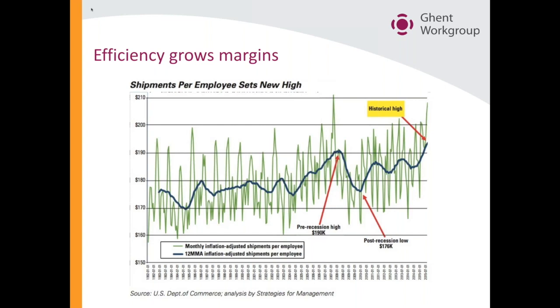You can see here, this is a study done by the U.S. Department of Commerce that shows, from 1992 through, in this case, 2015, the adjusted shipments per employee, because one of the measures that people have a tendency to use to talk about efficiencies,